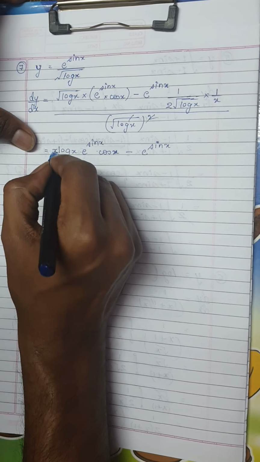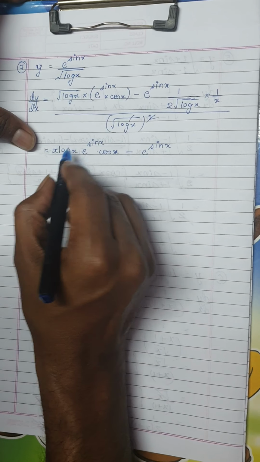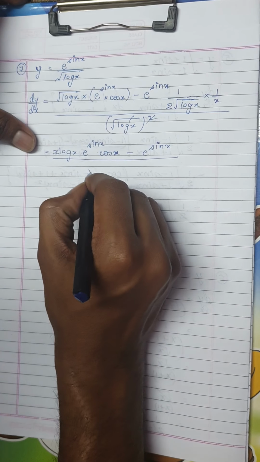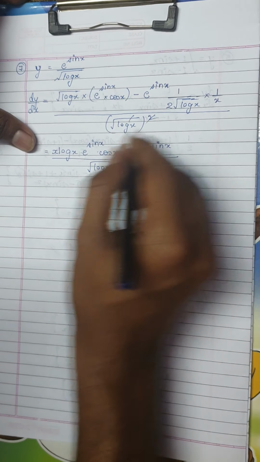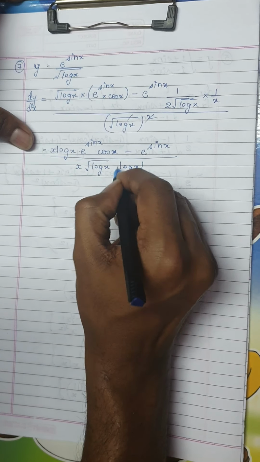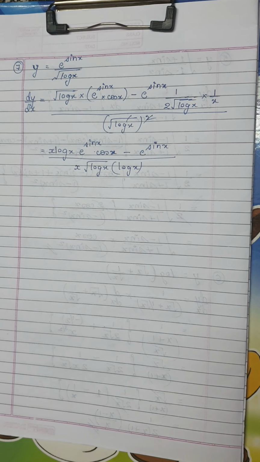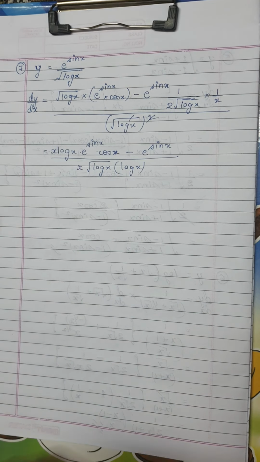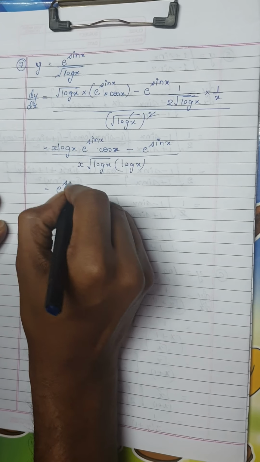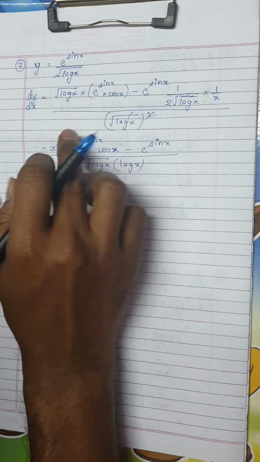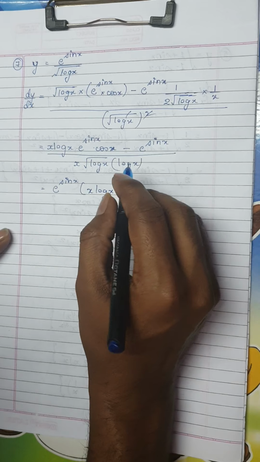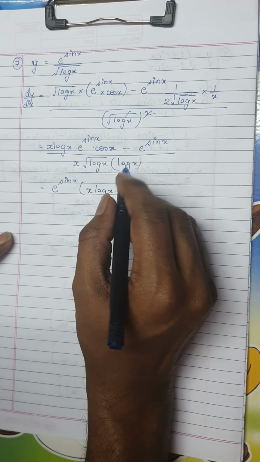So I'll get x log x, divided by, I have this root log x coming to the denominator also, this x is also multiplied, and this square and root get cancelled, so I'll get log x. We can further simplify this by taking e power sin x common from the numerator. So I'll get x into log x into cos x,